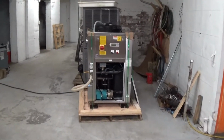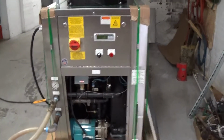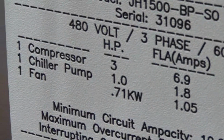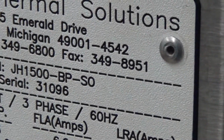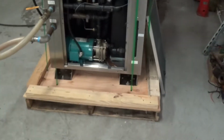It's March 30th, 2017. We're going to do a runoff video for this customer who's going to get this nice 2010 Coolant Coolers, 3 horsepower air-cooled chiller, 3 horsepower compressor, 1 horsepower pump, serial number 31096, 460 volt 3-phase. This is going to be the skid which we've secured it to, the nice plywood base